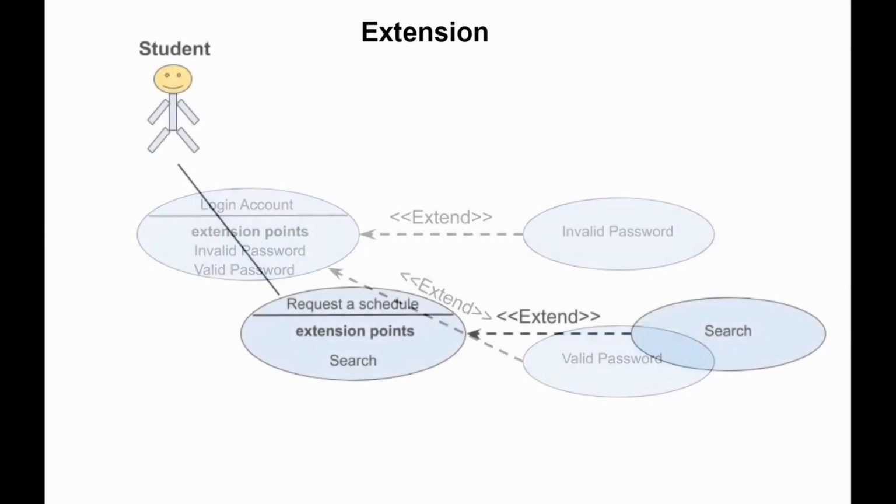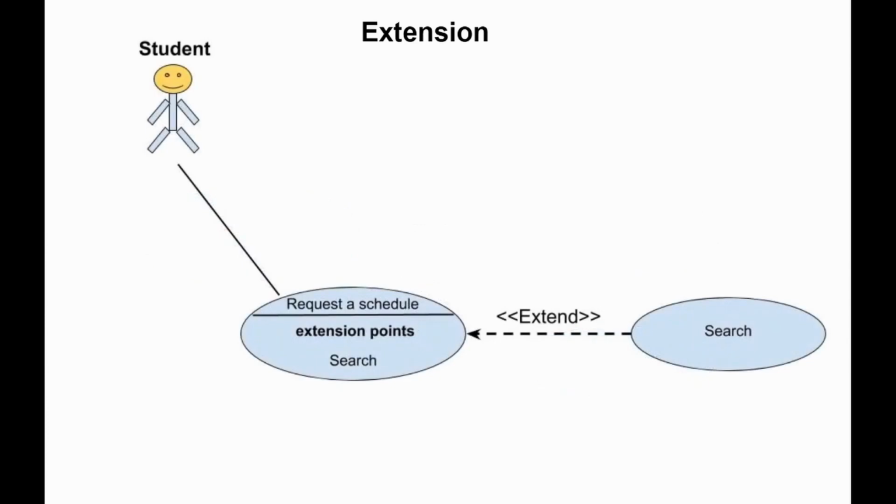This type of relationship is used to include optional behavior of the use case that extends the base use case. In our example, the student requests a schedule, and this requires the extension of the base use case request schedule with the use case